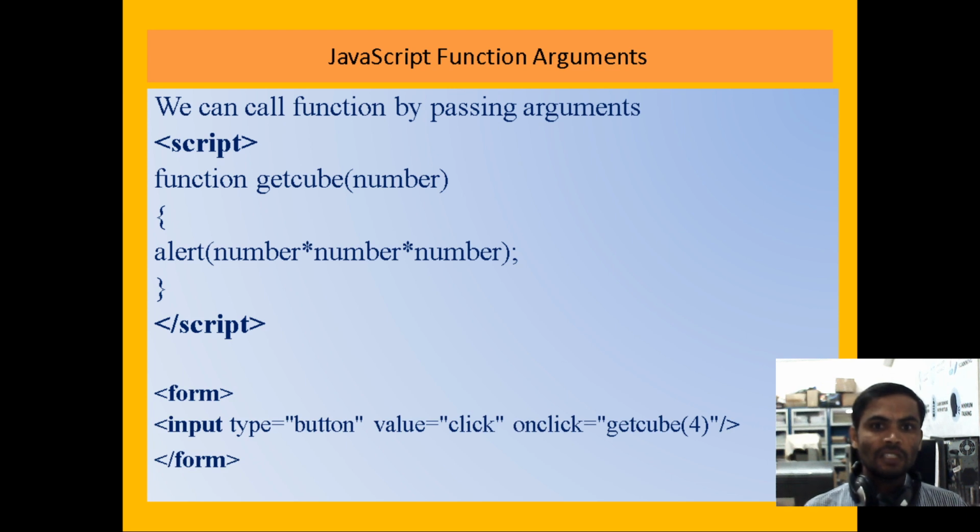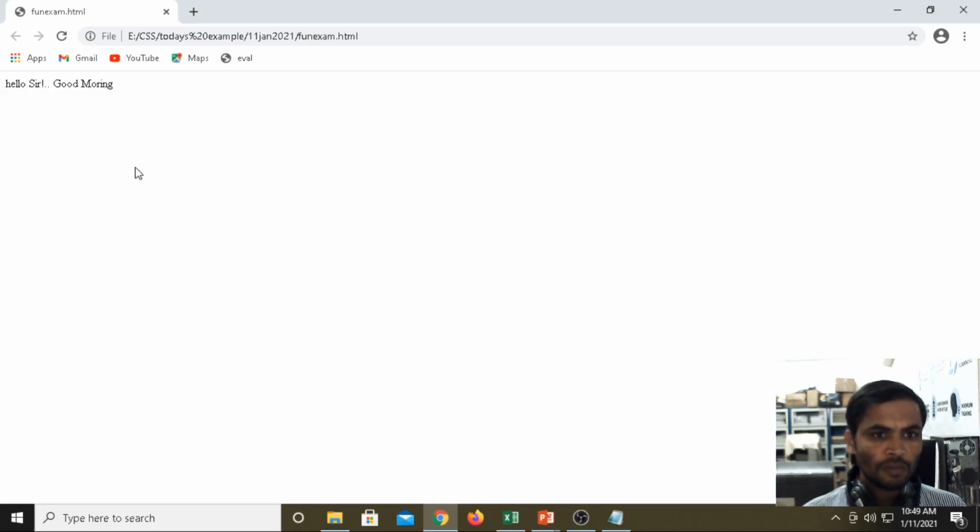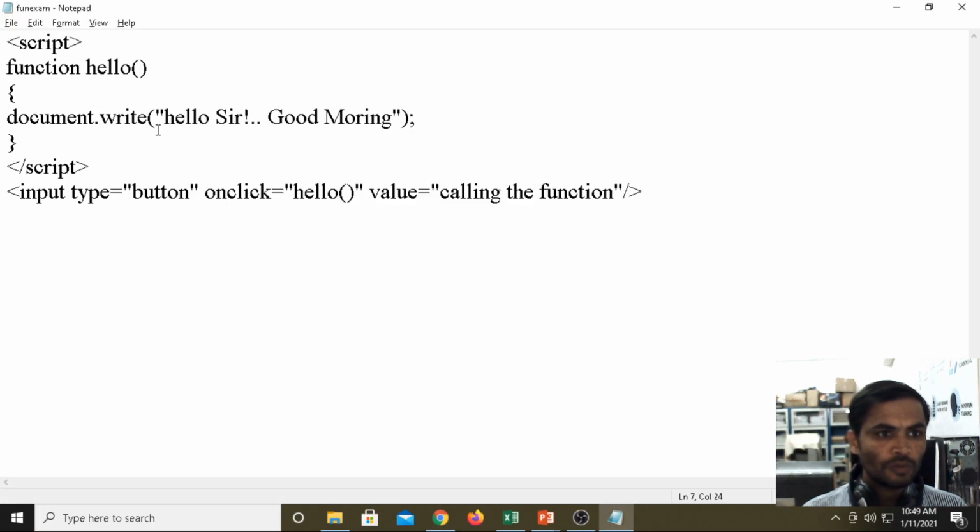Then JavaScript function arguments. For the functions we can declare n number of arguments. Now inside the function I want to pass a value. Same scenario, for the same previous program I am writing cube. The function name is cube.